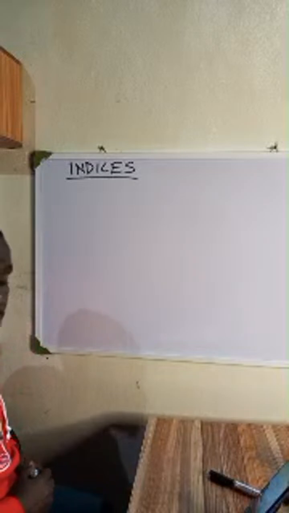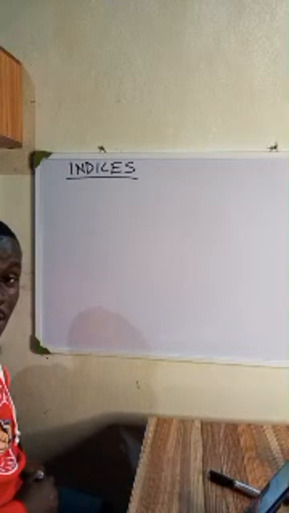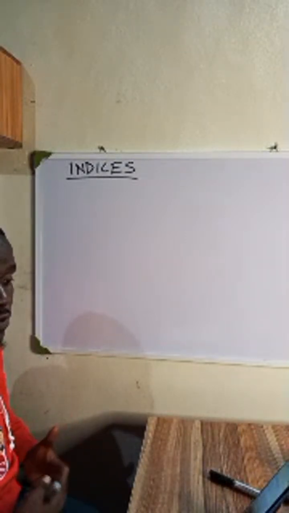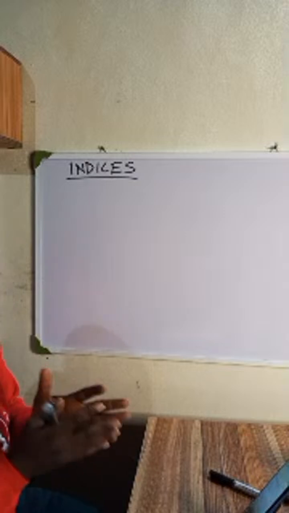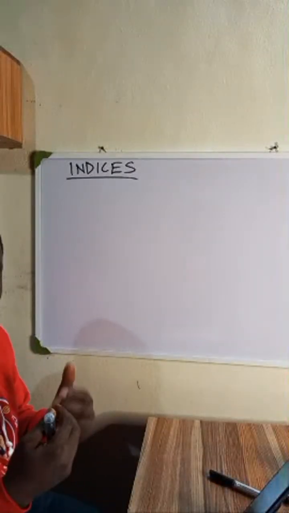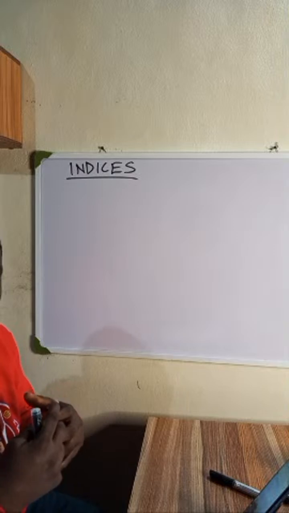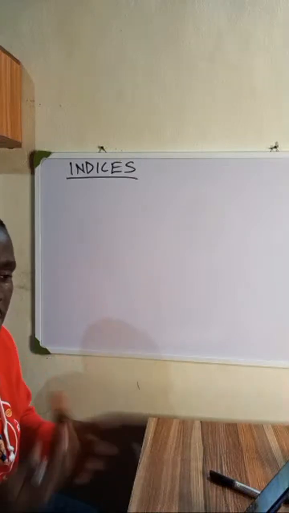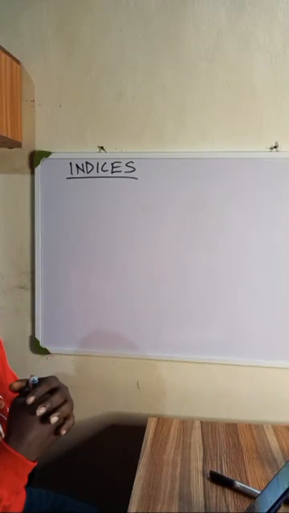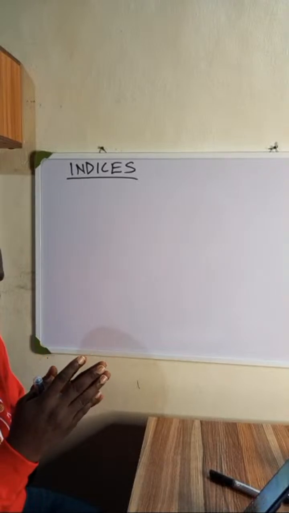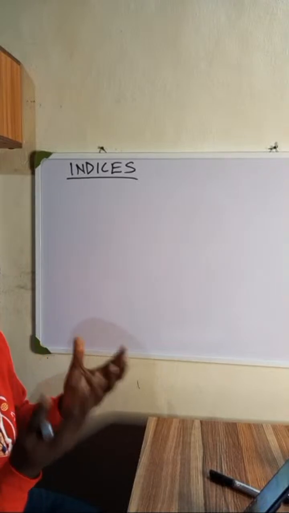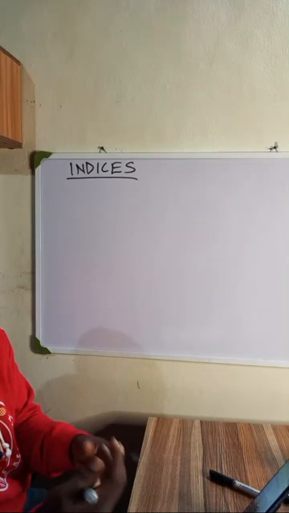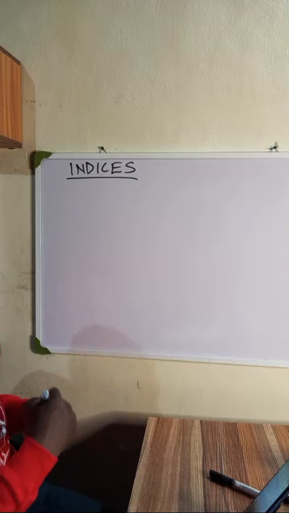Okay, so today we're looking at indices. Before we go into the laws that govern indices, we need to first of all know what indices actually is. You see, most times when students are learning mathematics, they don't know what the topic is about, therefore they cannot really understand what the whole concept is about. So an indices is a number that is in index form. The plural of index form is indices. So a number is said to be